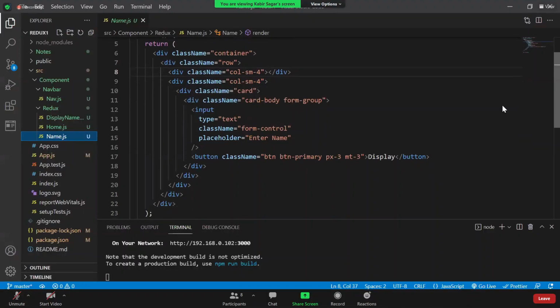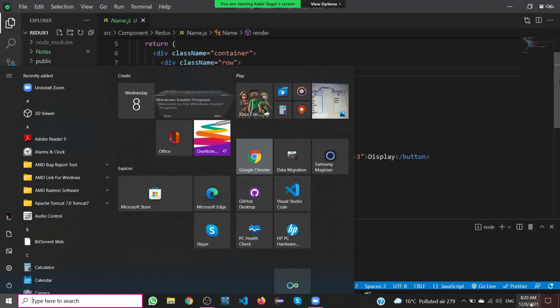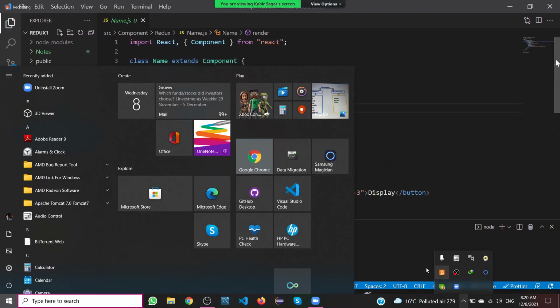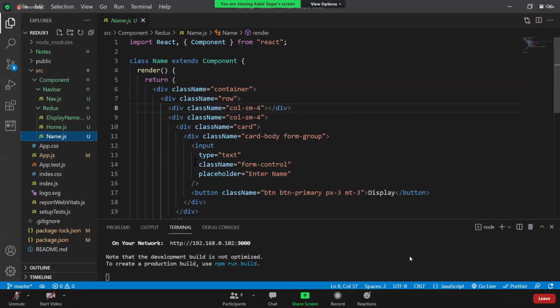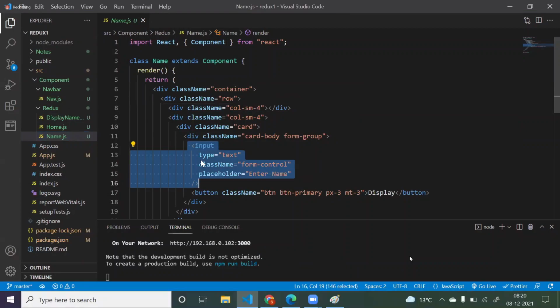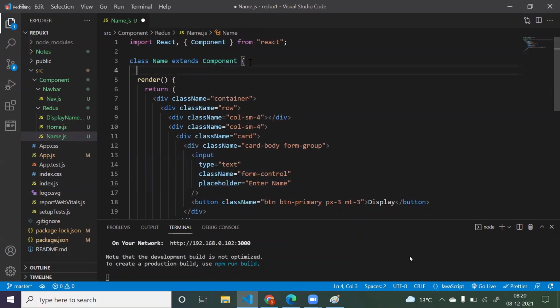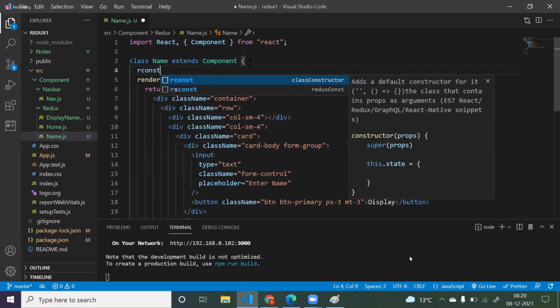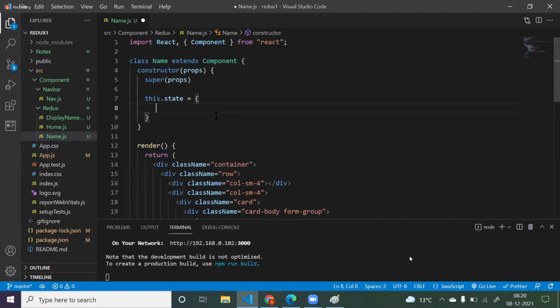So we have learned the ref, right? Same way, we will learn one more way to take the data from this input box. So if I take this data from input box, there should be somewhere where I will store that particular data, the data of that input box. So for that, I am just creating one state. I have just created a state called name. Initially, it will be empty.